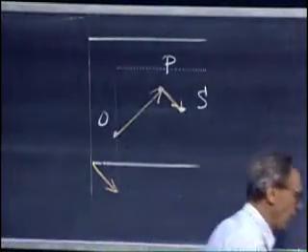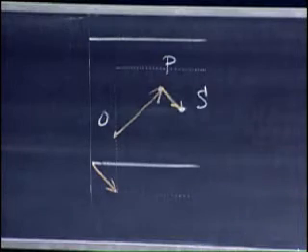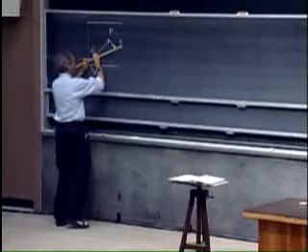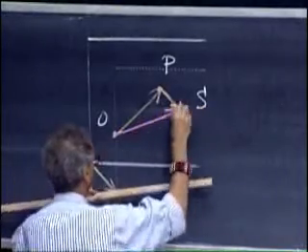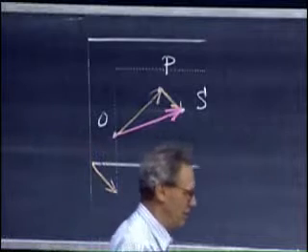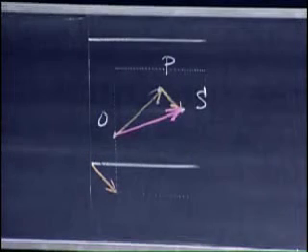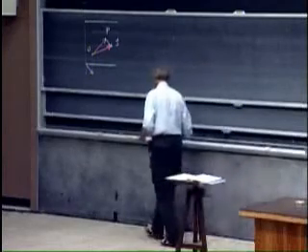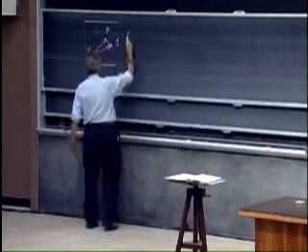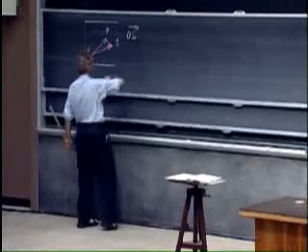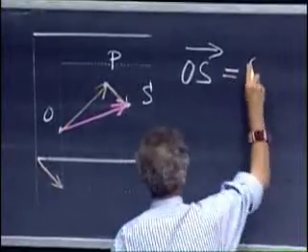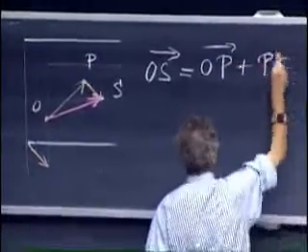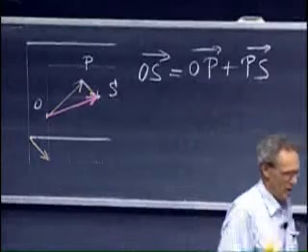Now, if these two motions take place simultaneously, then what you will see from where you're sitting, you will see me move in 26,100 from O in a straight line to S. And this holds the secret behind the adding of vectors. We say here that the vector OS, we put an arrow over it, is the vector OP with an arrow over it plus PS. This defines how we